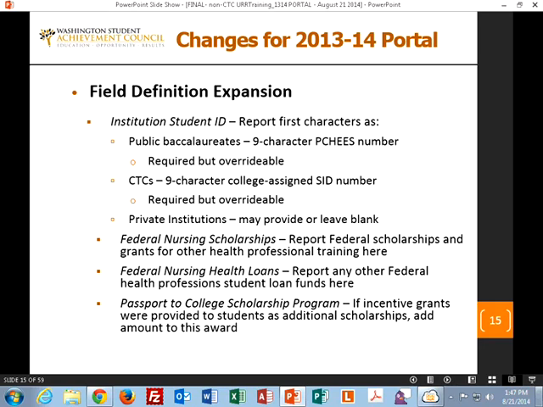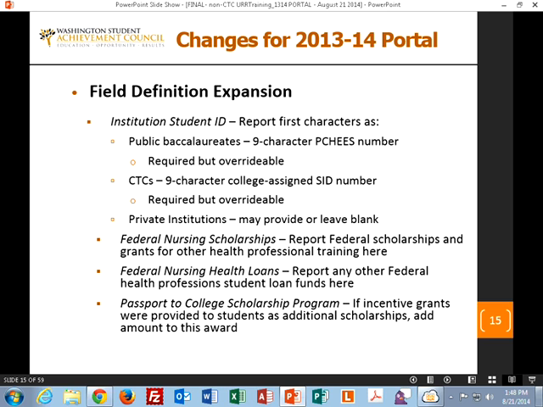This year, to be able to work with a number of state agencies of data exchange for different studies or reports, we've checked with the public baccalaureates and with CTCs, and we need to have this 9-digit number that you have in order to sometimes match up, because some of the other agencies will not have the capability or allow any kind of a matching on a Social Security number, which is our normal matching one.